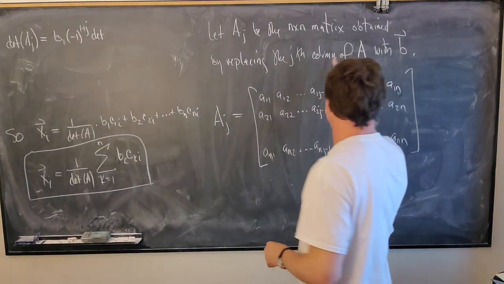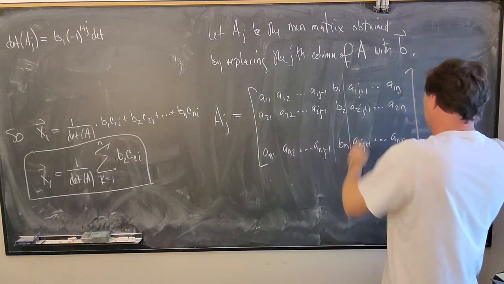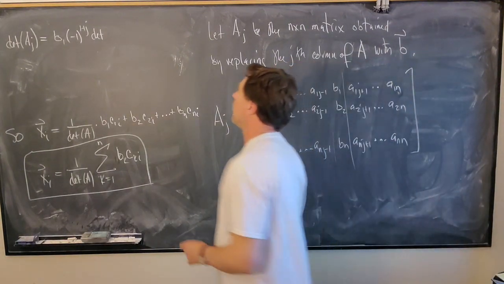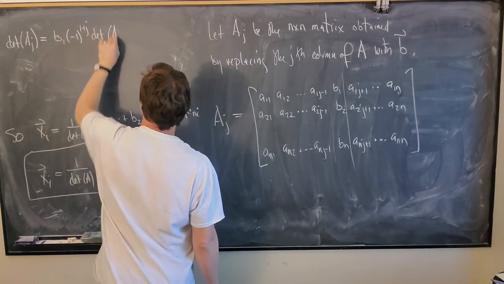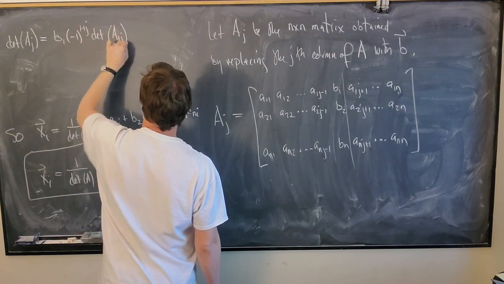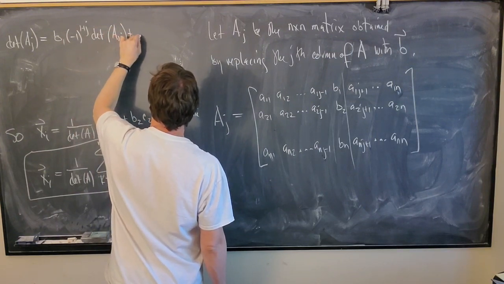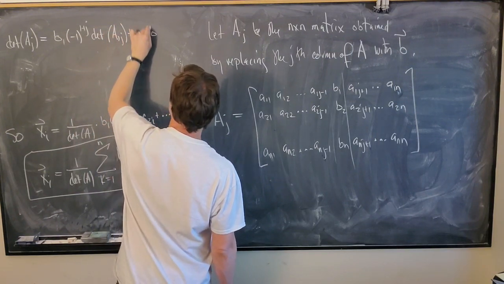We're going to delete the jth column and the first row. So who is that? That is A sub 1j, plus blah, blah, blah. Eventually we'll get to b sub n